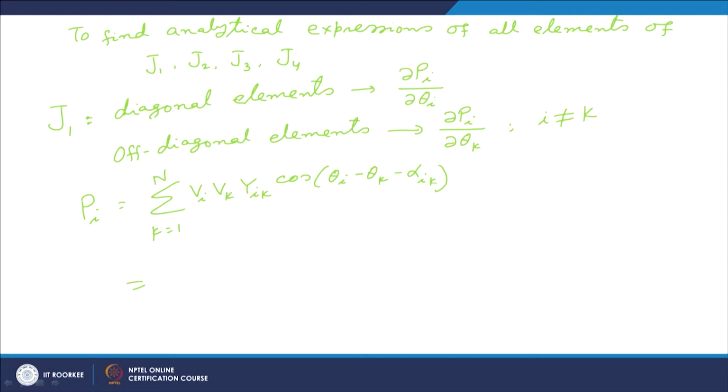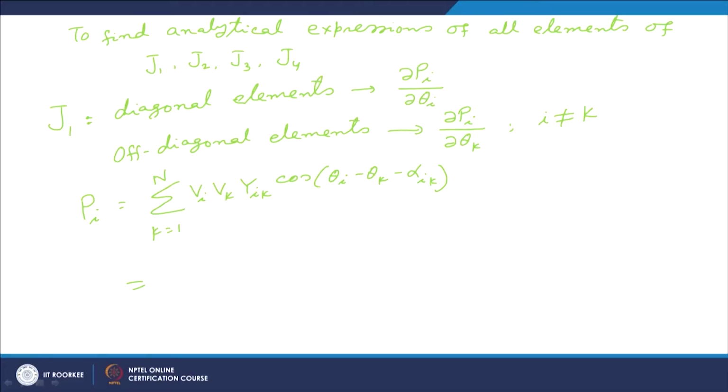Cos minus alpha ii is nothing but cos alpha ii. So we have Vi squared Yii cos alpha ii